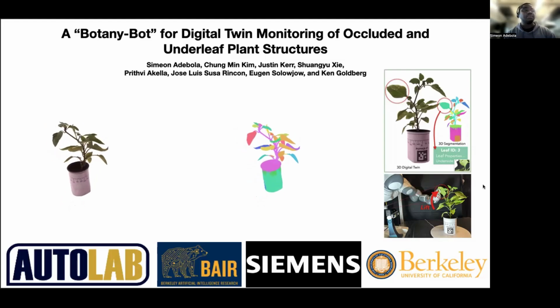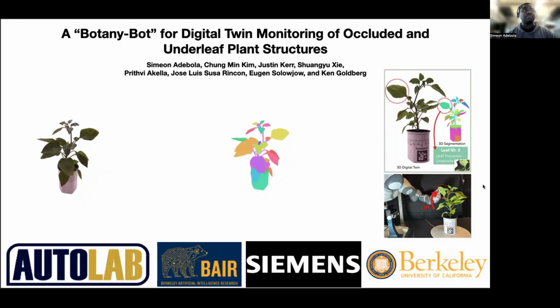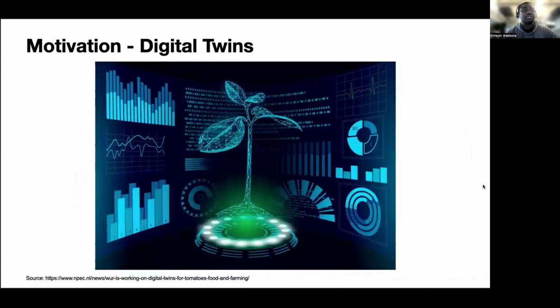We present a Botany-Bot for digital twin monitoring of occluded and underleaf plant structures. Consider the plant as shown. Digital twins are very important for plant breeding, plant science, and agriculture, as they give us access to a range